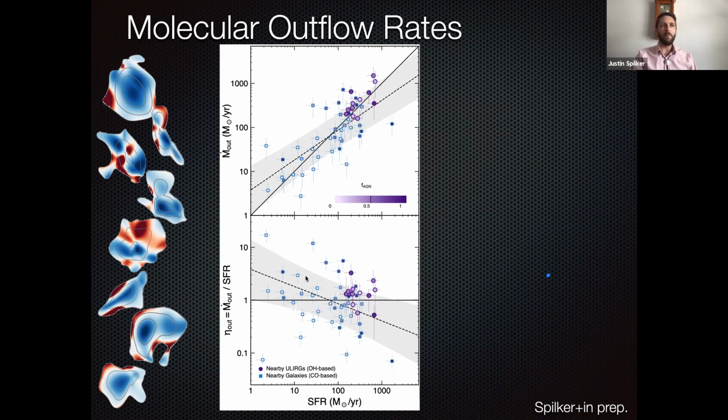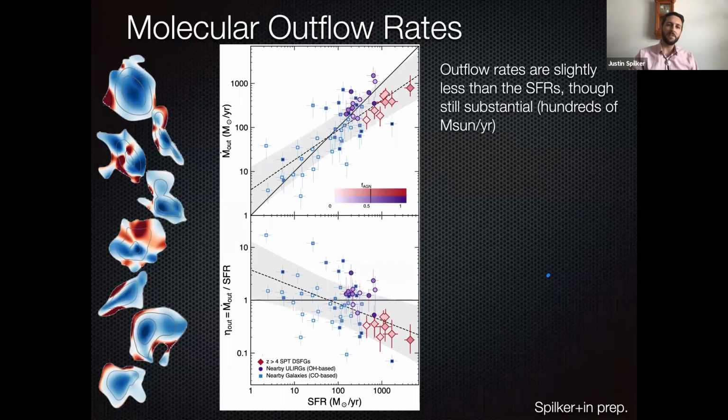Objects with a mass loading factor greater than 1 are ejecting gas faster than it's formed into stars, and below 1 means that the star formation is winning compared to the outflows. And so through a complicated set of inferences and models, here are the outflow rates and mass loading factors that I come up with for this sample. We find that the outflow rates are very high. We're looking at outflow rates of hundreds of stellar masses per year, but they are a bit less than the star formation rates. So we're not seeing outflow rates that are much, much higher than the star formation rate, even though we're looking at really highly luminous systems.